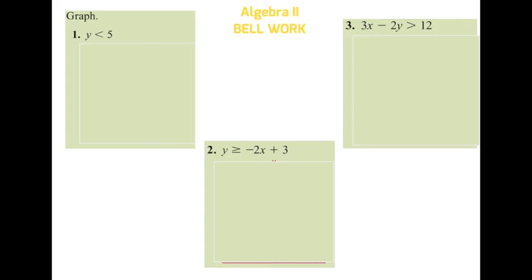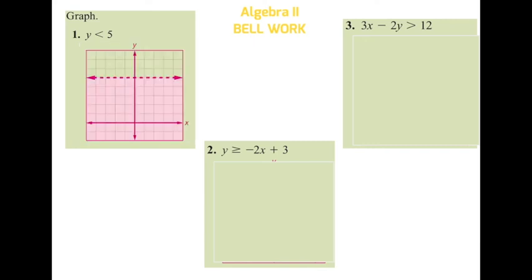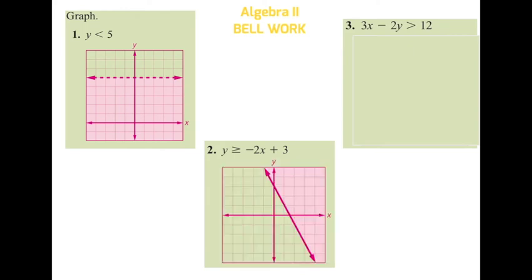which we have done. So when you're graphing linear inequalities, you graph the line first, like for this first one. Y is less than 5, you would graph y equals 5, which is a horizontal line. The less than without the or equal to means that it's dashed, and less than means that you graph below it. For the second one, this was in slope-intercept form, so you could start at the 3, go down to